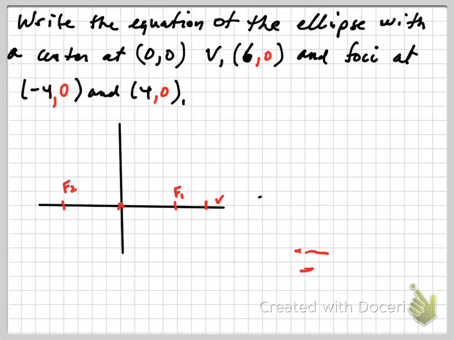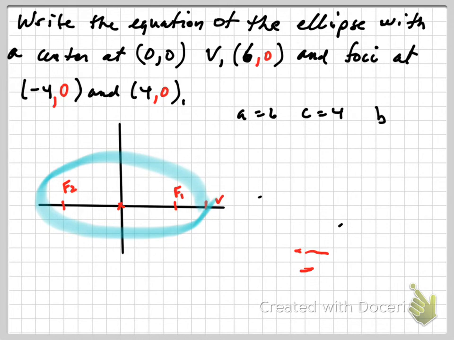That's another foci. So I know that this graph, I'm just going to draw it with this highlight thing so I don't have to be perfect on it. It's going to go like this. It's going to have a horizontal major axis. So there's things that I know and things that I need to figure out. All right, let's go back to black here. I know that A is 6, and I know that C is a